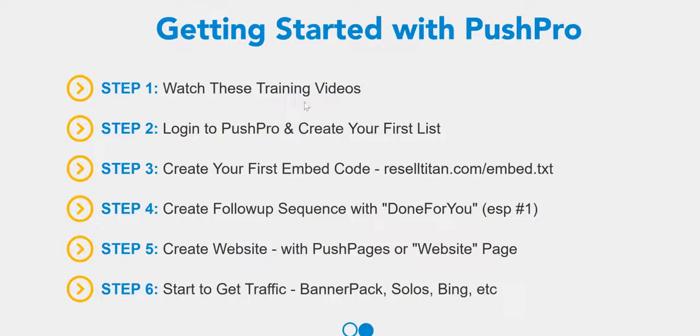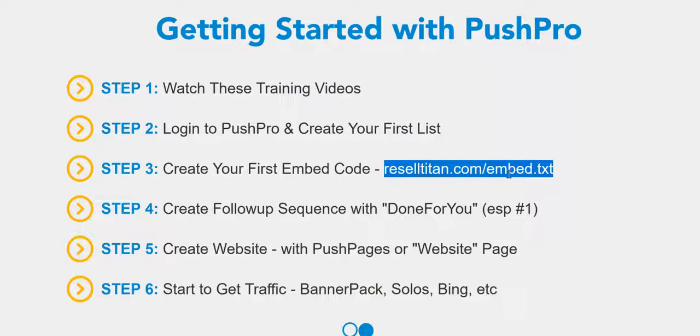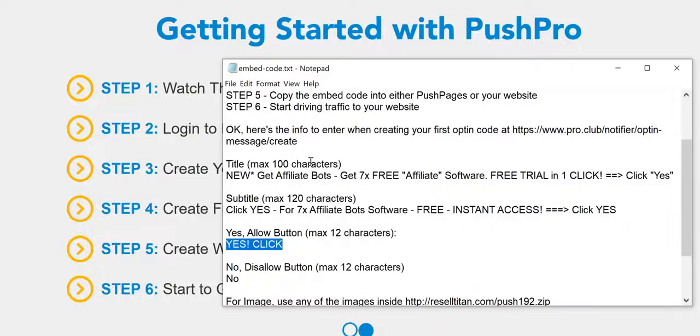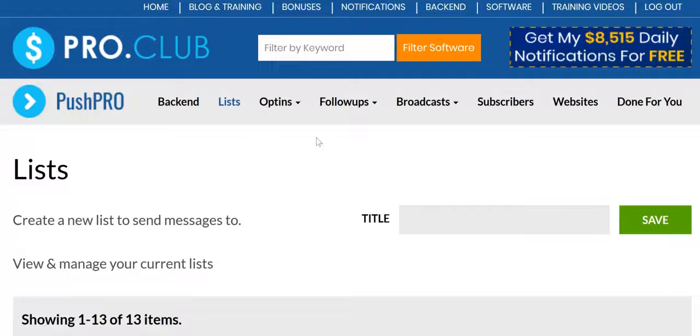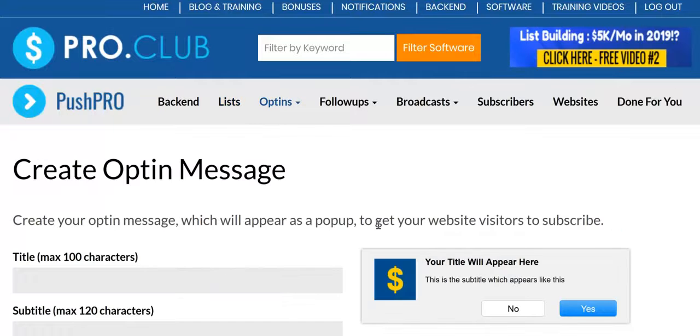Next, you will want to create your first embed code, and the easiest way to do this is by using the template that I provided for you that you can access at reselltitan.com/embed.txt, and that will essentially look like this. And so all you need to do is to go over to Push Pro, click on opt-ins, create new opt-in,